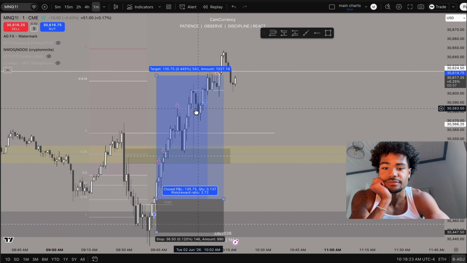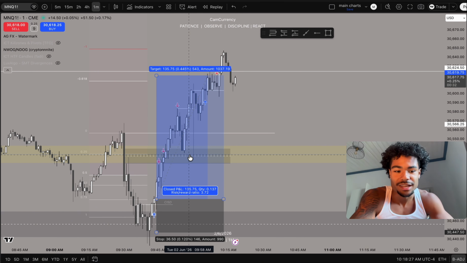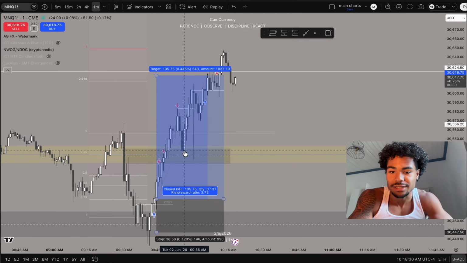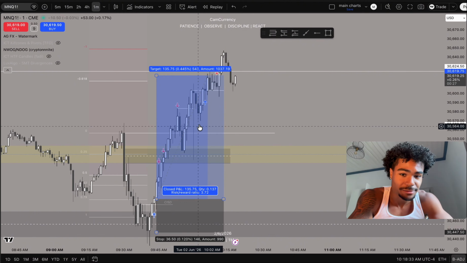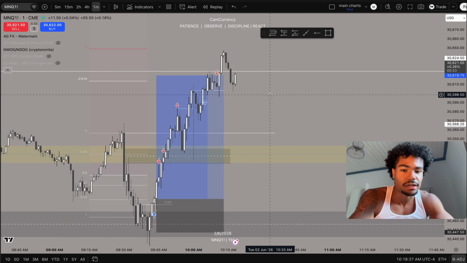What did I do? Or what did 10 a.m. do? If I would have trailed my stop, 10 a.m. would have stopped me out. So thankfully, I did not trail my stop to that 10 a.m. or to that 9:56 low before 10 a.m., because I would have got stopped out. But once I did see this, is where I was like, okay, I'm pretty confident now that this low should